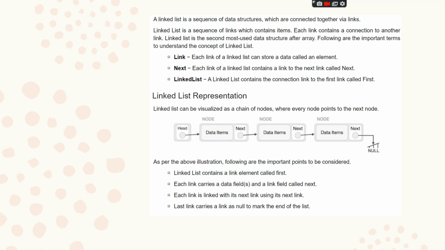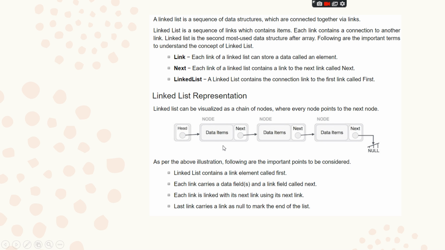Now we'll look into the representation of a linked list. A linked list can be visualized as a chain of nodes where every node points to the next node. As you can see in the diagram, there are three nodes over here and each node is pointing to the next node. So this is how the representation of a linked list takes place. First of all, there's the head, and the head points to the next node.